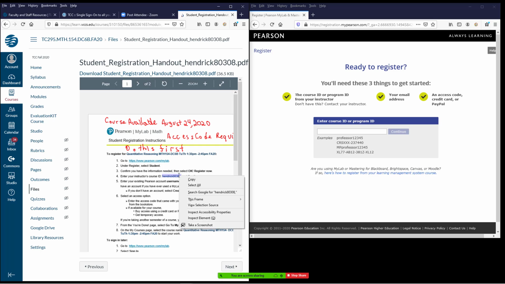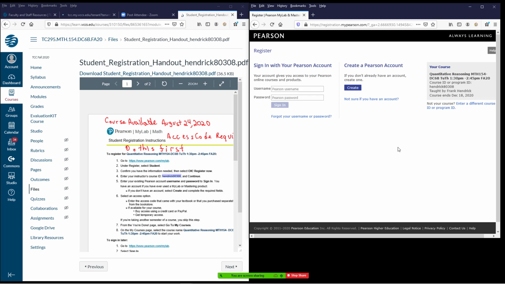Now, you could be in 3 positions. You may have an account, you may not have an account. You can see your courses right there. 130 to 245, there's our course. That's the right course taught by. So if you have an account, you can log in and go this route. If you don't have an account, you got to create one. And that's what it says in the next directions. Then after you've done that,